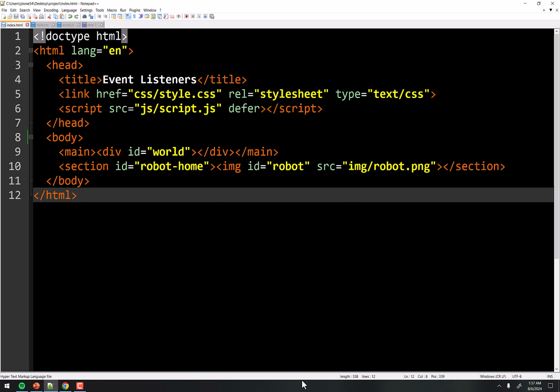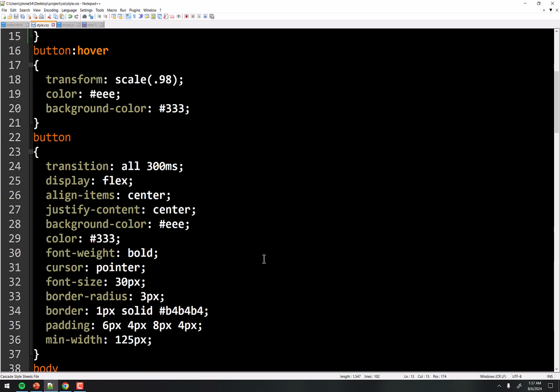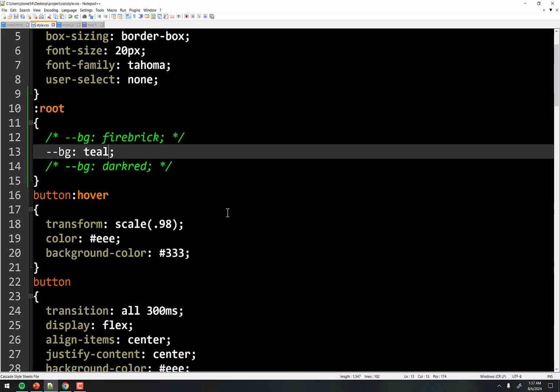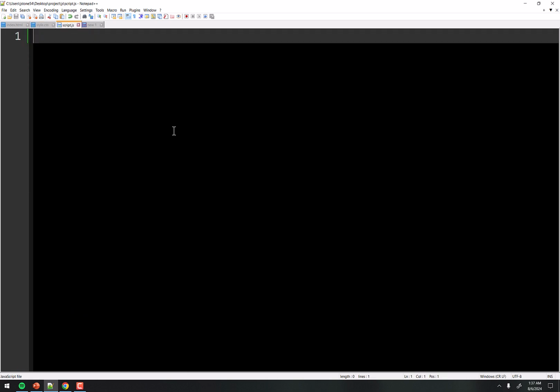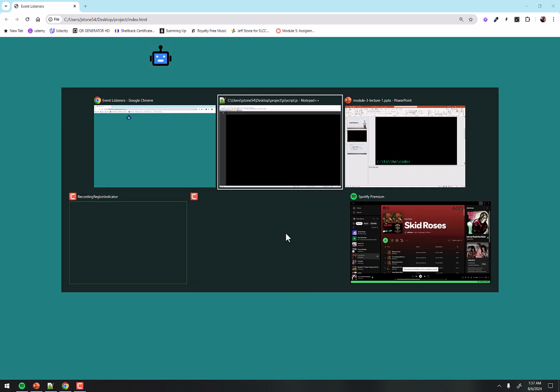So right now, this is all we have for our HTML. We have some CSS written, and we will be tweaking it slightly, but for the most part, this is all done. And then this is our script file, nothing here. So let's go take a look at our robot world, and right now, it's just kind of sad. Poor little robot out there in green space with nothing to do. Excuse me, teal space. All right, so let's take a look at what our code is all about here.